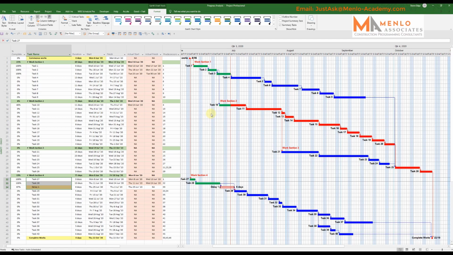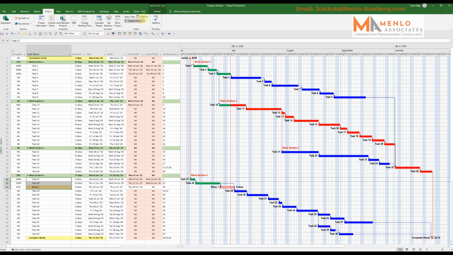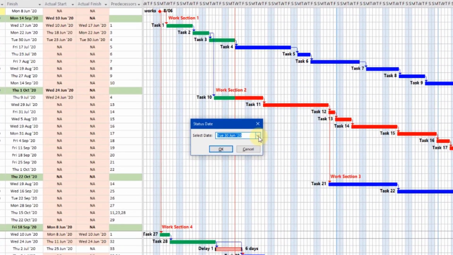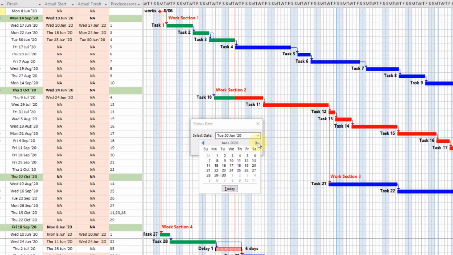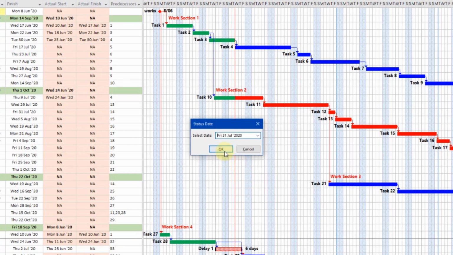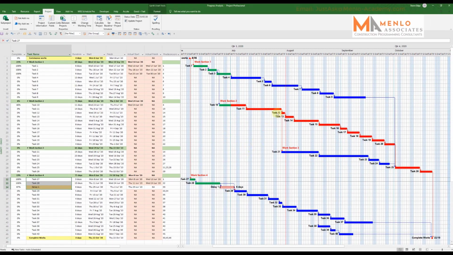So if we now move on by a month, we set our status date to the end of July. So again, into Project, I set status date now for the last working day in July, which is the 31st, and it's a Friday. Click OK. Now you see our baseline has moved out to here, and we go through the same process again